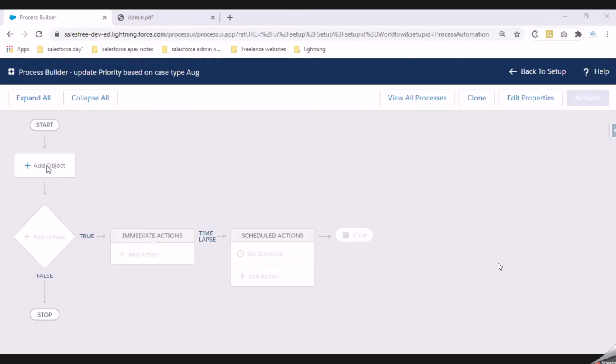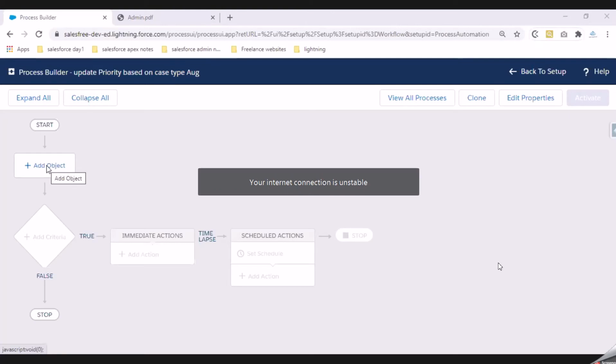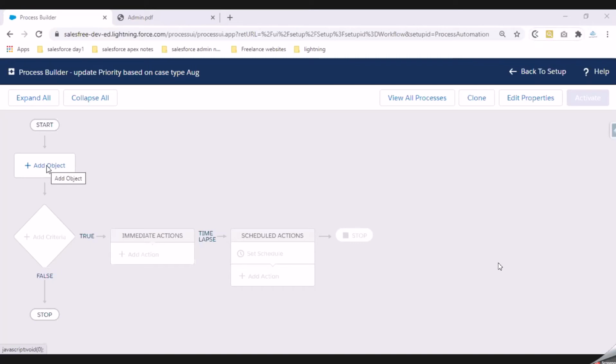So that is your first step: to define on which object records I need to look at.